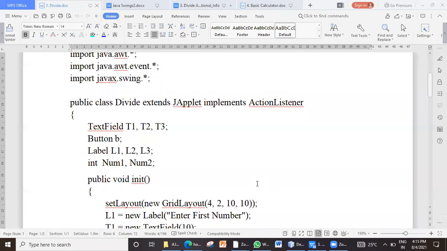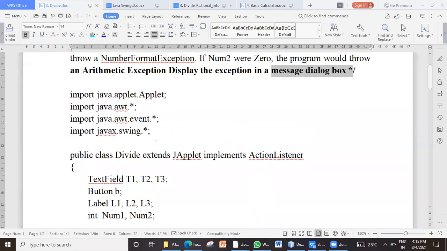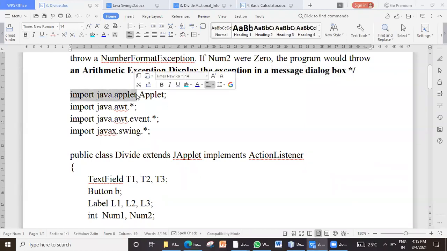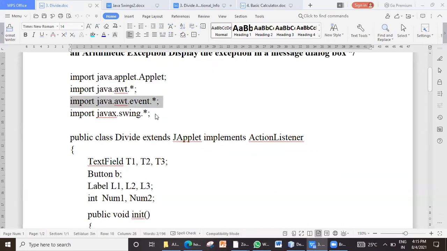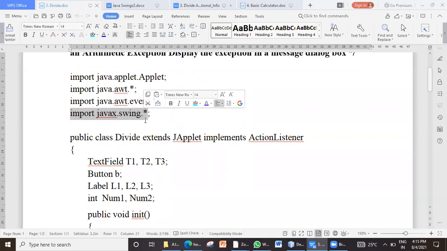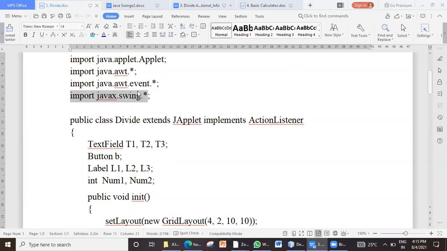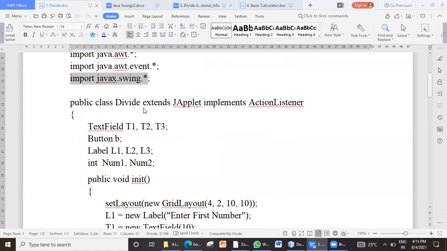For this, let us see the design first. We are taking an applet so that there is a similarity in the first 3 journal programs at least, and students will not have confusion. We are going to import java.applet package. Then we are going to import java.awt.*. And third, we are going to import java.awt.event.* because we are going to have event handling here. Then next, we are also importing the swing package, that is javax.swing.*. So these 4 packages are required for this journal program.